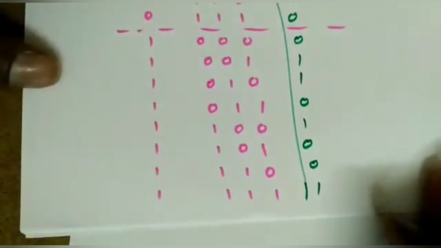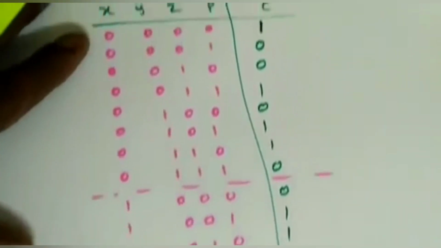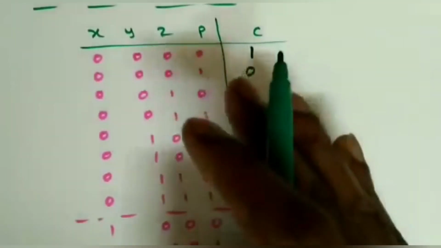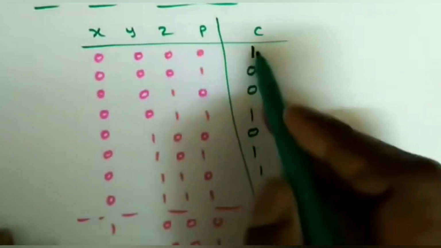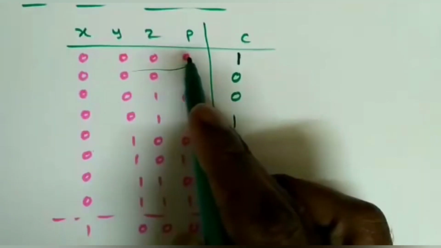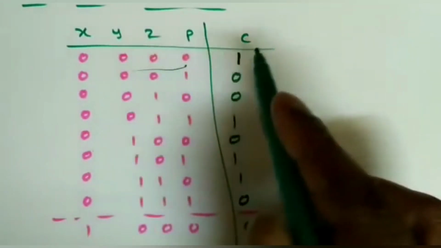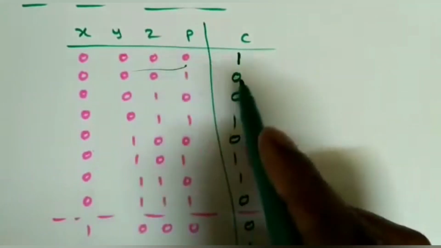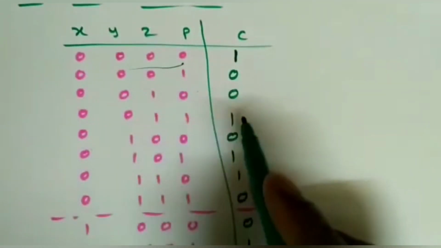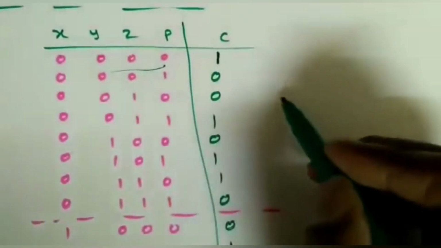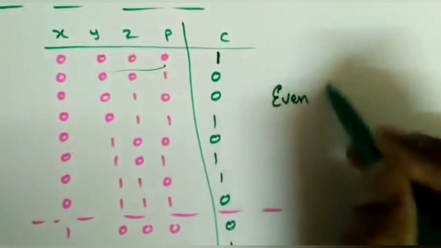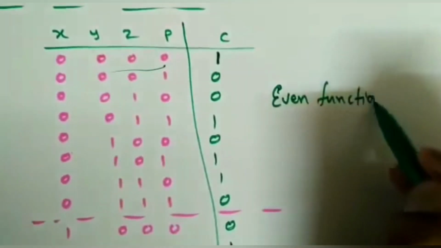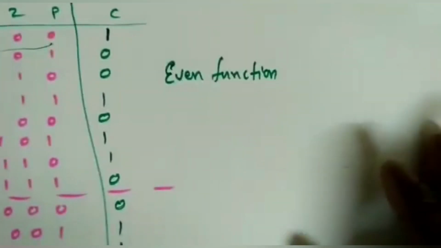Now what is this function? It is nothing but a 4-input exclusive NOR function, or we can say an even function. With four zeros, there is no one at all, so it is like an even count and the output is high. If there is an odd number of ones, the output is 0. With an even number of ones, the output is 1, so it is like an even function. So it is an even function, or we can say the odd parity checker.